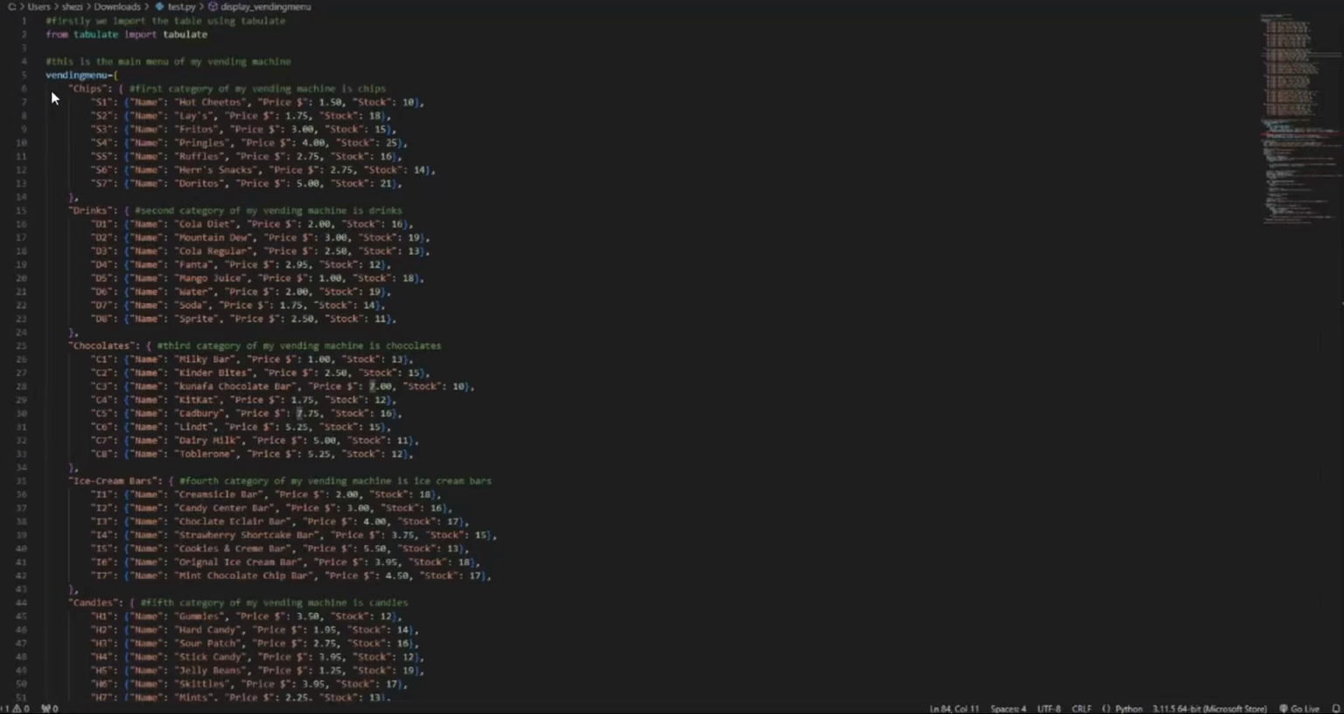So this is my technical description of the vending machine project. Firstly, we start by importing the table from the module known as tabulate. It formats the data in a table form. And then the next code which we have is the vending menu, that is a variable, and here we are